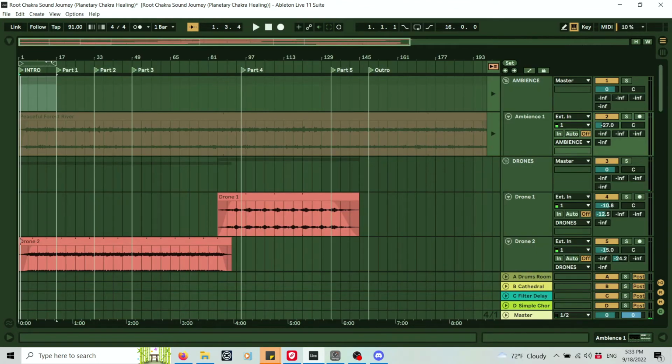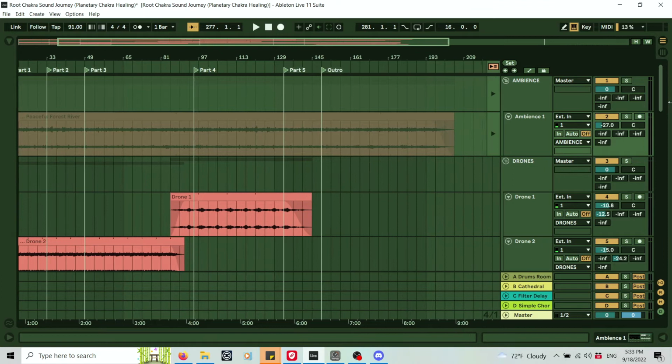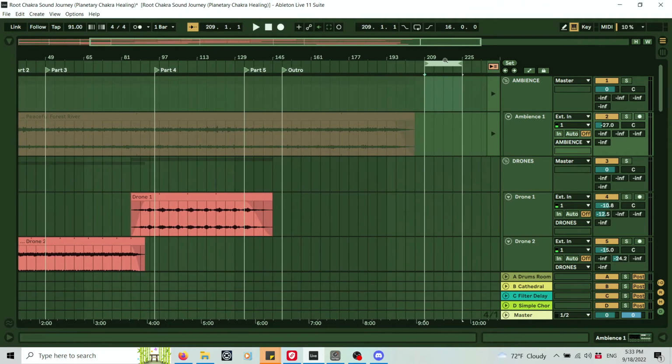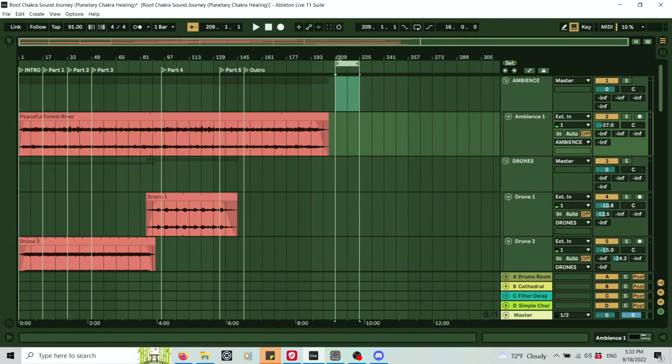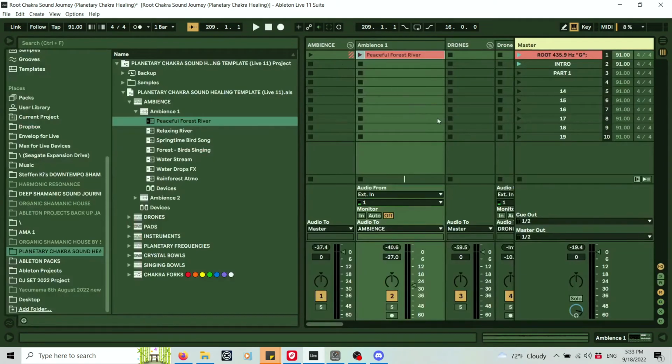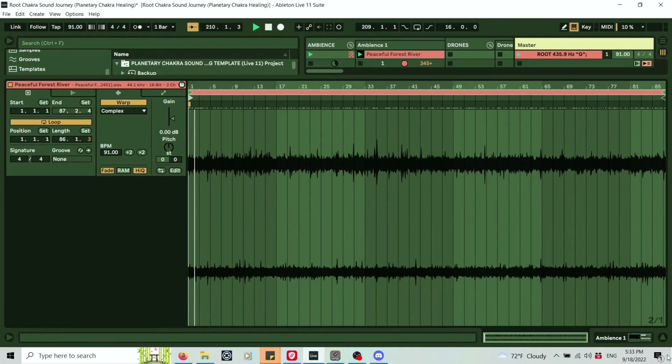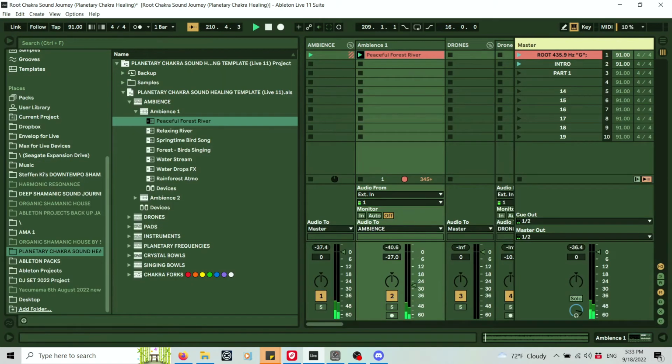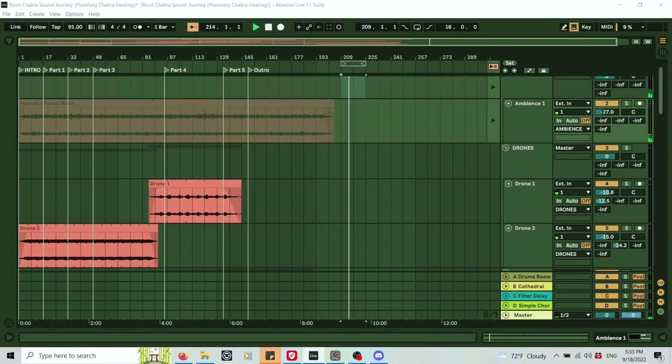And again, we need to get out of the arrangement here. Okay, so I have the forest river. So then this can loop seamlessly. And now I'm checking, okay, so what else is there? And if I look at the arrangement that you cannot see at the moment, but I can switch, of course, then it's drone 2